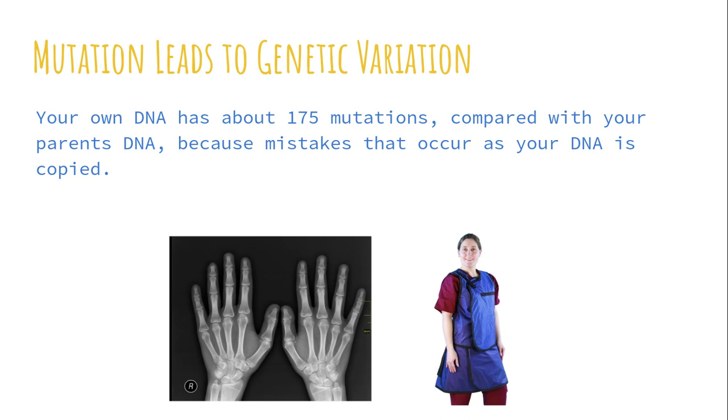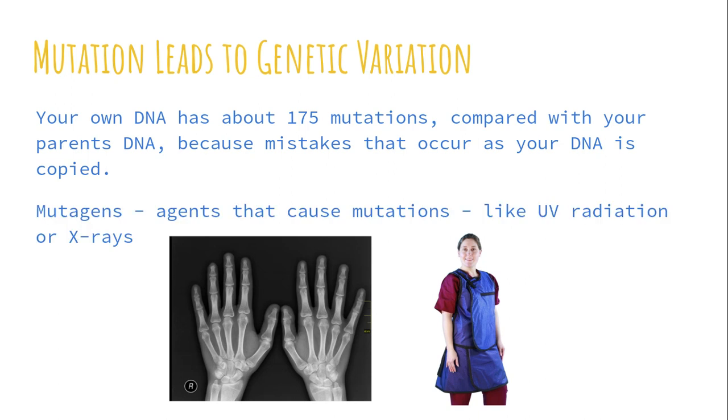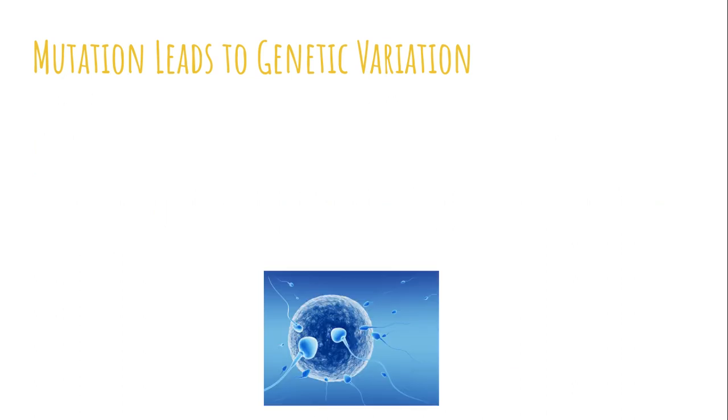Your own DNA has about 175 mutations that weren't present in your parents' DNA. Okay, this is because when DNA was copied, it wasn't 100% exact. Why? Because there are billions and billions of nucleotides that need to be copied, and it's not going to be perfect. Now the downfall is sometimes those mutations can be very dangerous, but most of the time they're not even noticed at all. Okay. We also can have mutations due to mutagens, things like X-rays and UV radiation, which cause problems to the DNA, and the DNA then mutates and is passed on through generations.